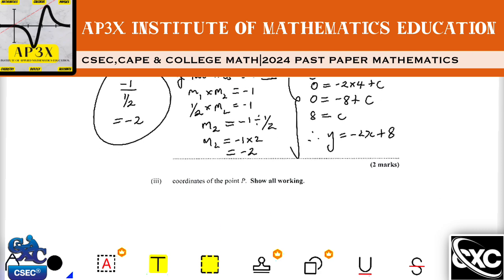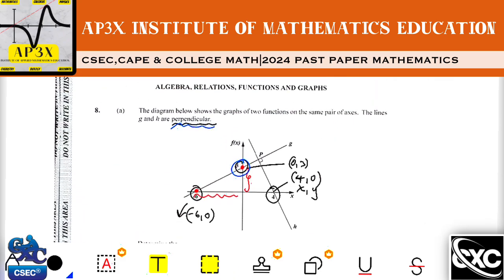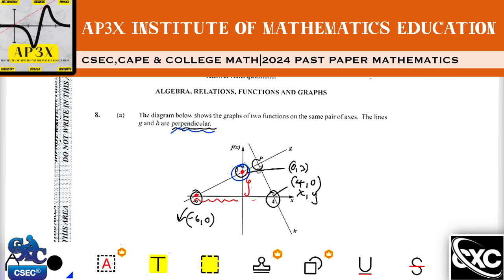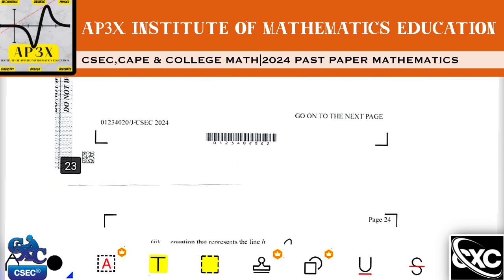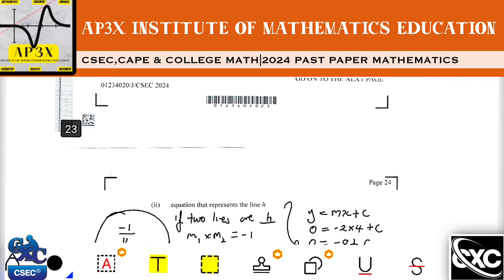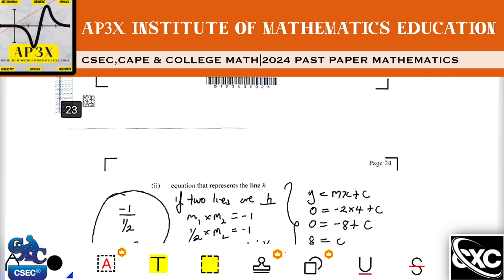Then now we're looking at the coordinates of P. So if we look here at the coordinates of P, let us locate where P is. It seems as if P is the intersection of two lines. All right, so P is actually the intersection of the line G and the line H. So when two lines intersect, in order to find the point of intersection, we're going to have to solve the